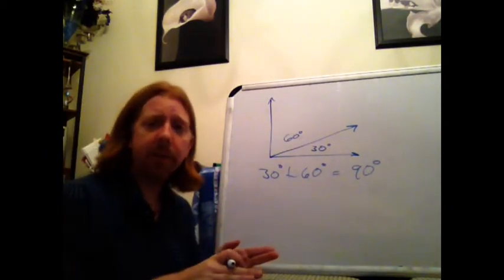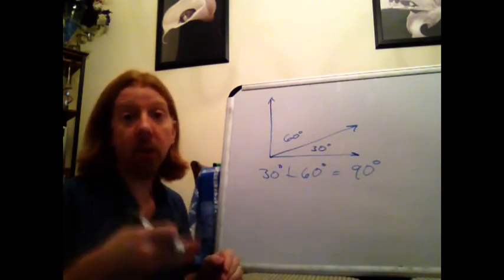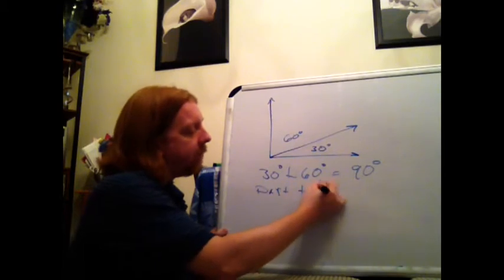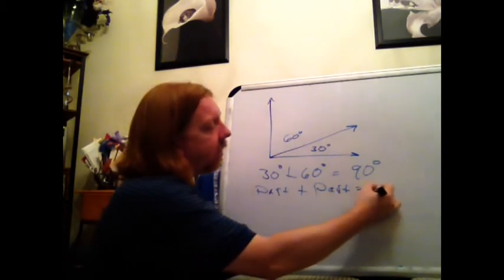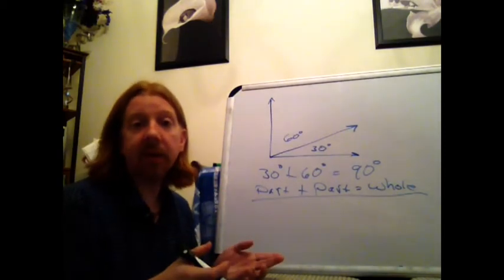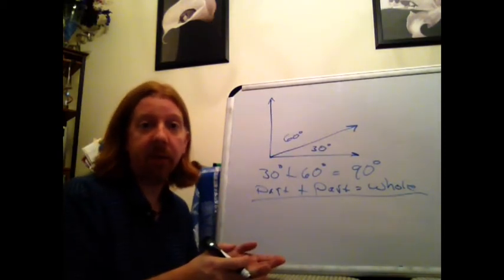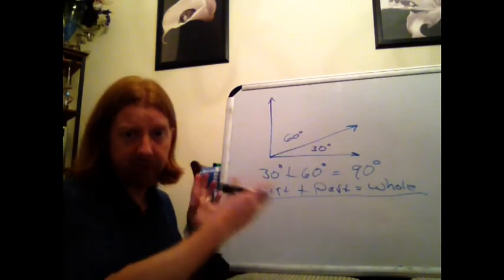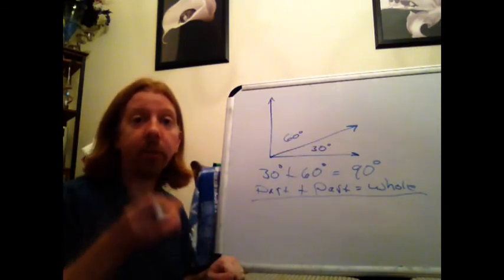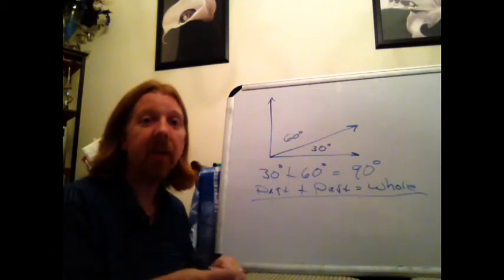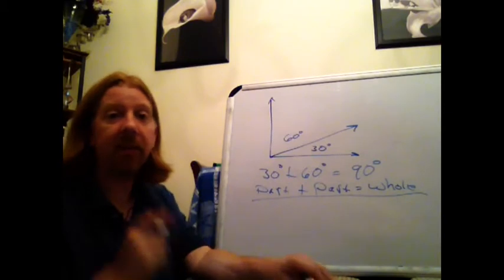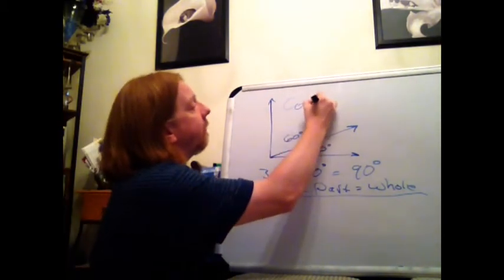I'm writing it this way on purpose because I want to emphasize what we've been working on before, which is the idea that the part plus the part equals the whole. Now that's the angle addition postulate we've been playing with. Also the segment addition postulate, but in angle form. And the key with complementary and supplementary angles is to approach it exactly the same way. Think of it in that context of part plus part equals whole, except in this case, if I use the term complementary,